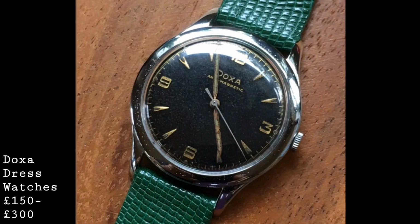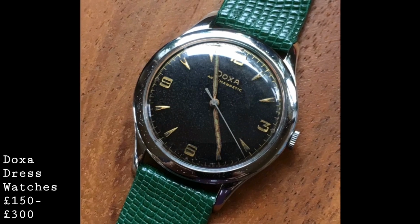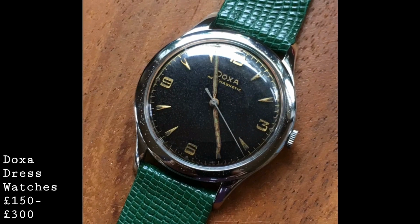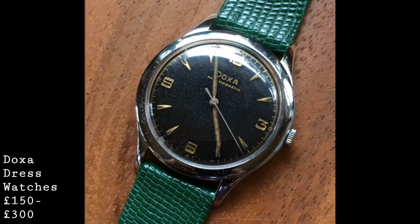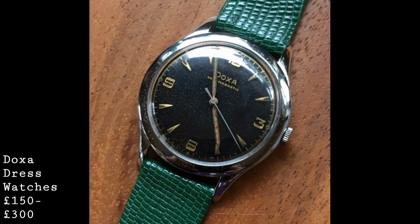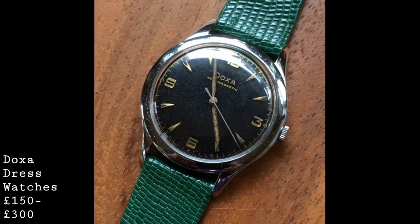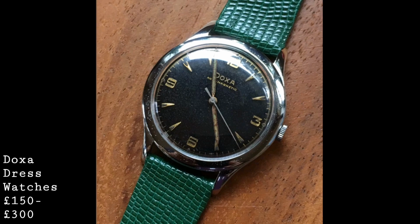And of course, one benefit of these watches is that you are getting a completely Swiss watch, because in that era there was very little movement in terms of imports of movements, and indeed cases. So you are getting a watch which truly is a Swiss watch in the most traditional of senses, which I think is quite remarkable for £150 to £300,